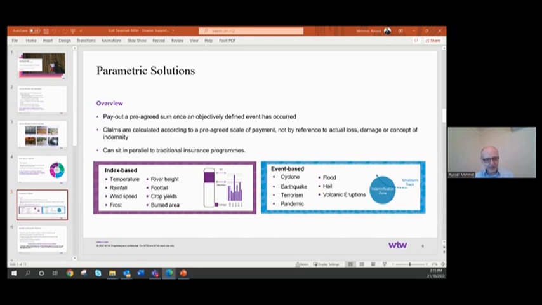You can have different index-based ones, look at rainfall, temperature, all sorts of things, and event-based, which are more for cyclones, volcanoes, etc. The concept is very much used right around the world, particularly in Europe and America, but it's really something mainstream Australian insurers haven't got their head around, if I can put it that way. You can get parametrics, and that's what we do in Australia, but generally it's not a readily accepted approach for insurance, and maybe that's because of the lack of appetite from farmers and lack of awareness, which we're working on.